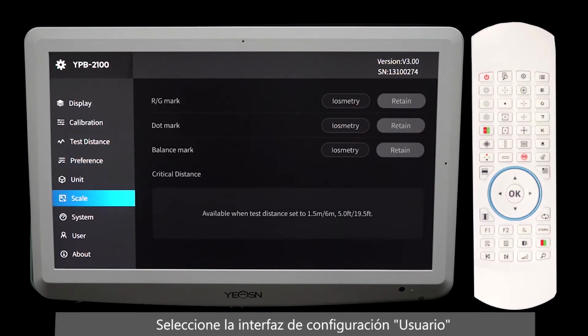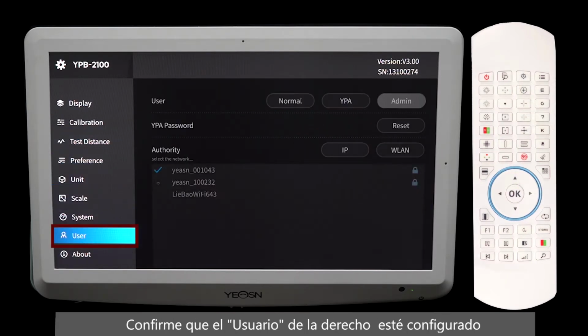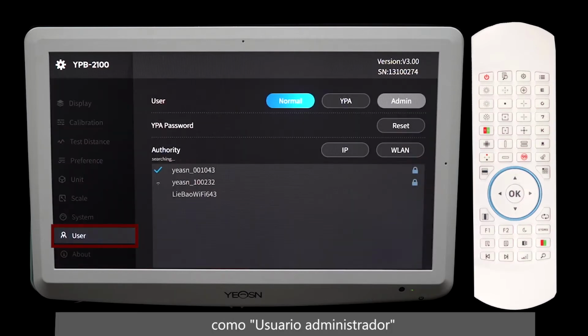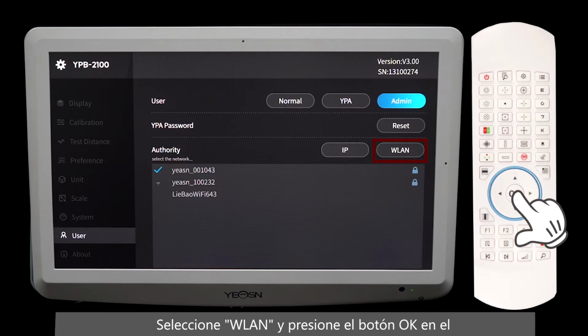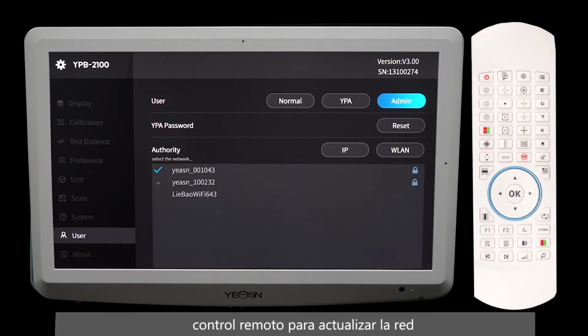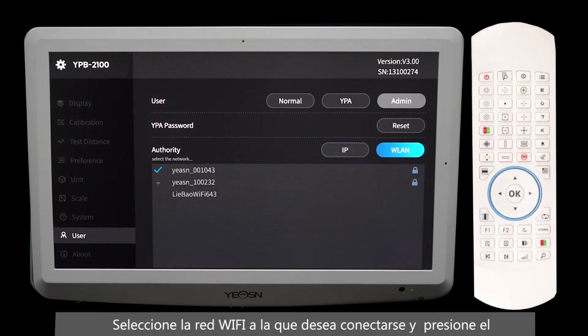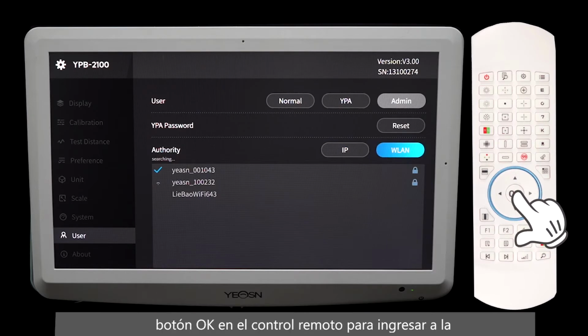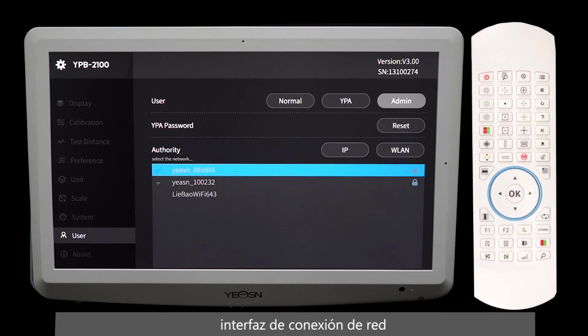Select the user setting interface. Confirm that the user on the right is set to admin user. Select WLAN and press the OK button on the remote control to refresh the network. Select the Wi-Fi to be connected, and press the OK button on the remote control to enter the network connection